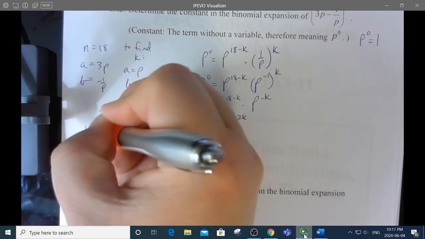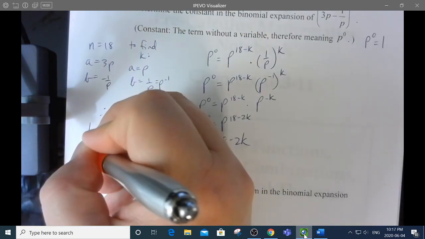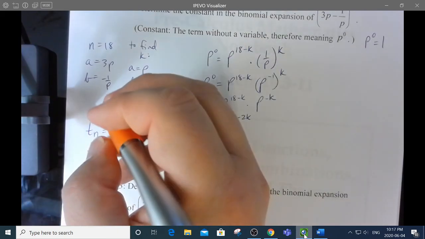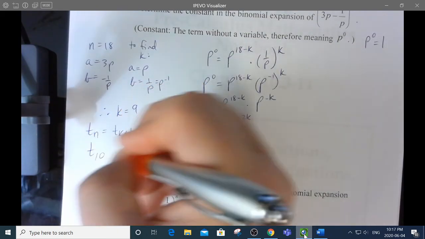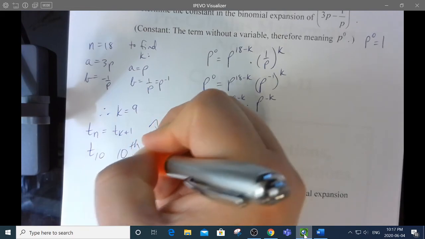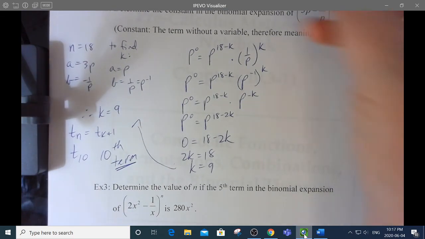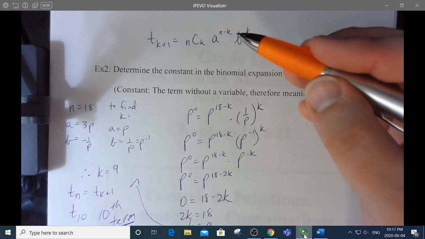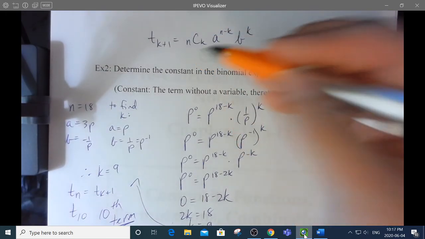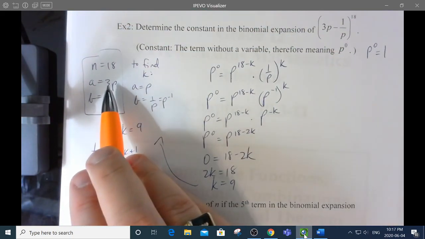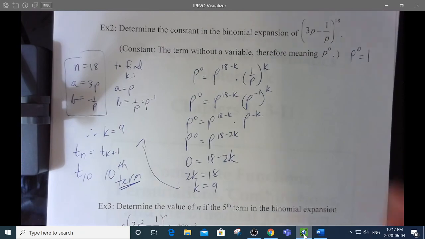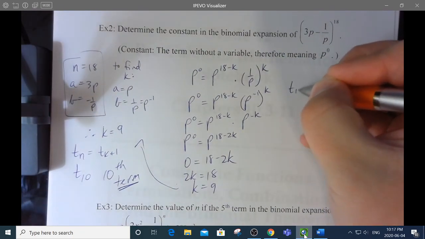T sub n is equal to t sub k plus 1. So we are looking for the 10th term. Okay, so now that I'm looking for the 10th term, we can use this formula fully. But remember, now that we're dealing with coefficients again, we got to put the coefficients back. So now I got to go back to these givens and actually put the coefficients back on a and b. So t sub 10 is equal to